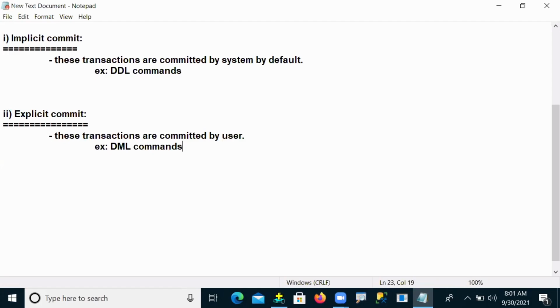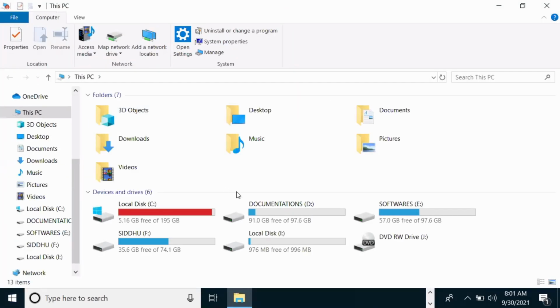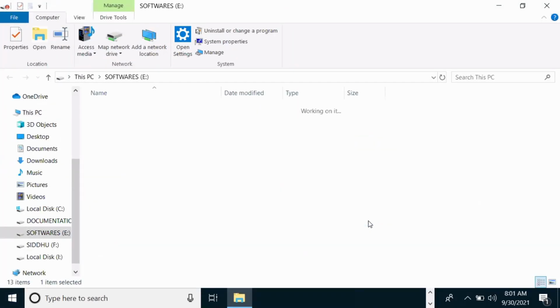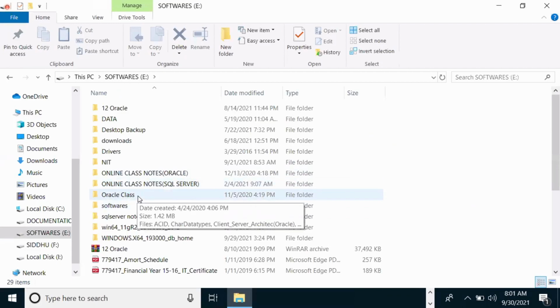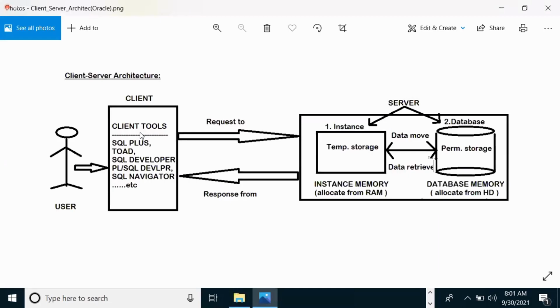So can you remember, guys, in my early classes we discussed the client server architecture. I also explained a complete diagram. In this diagram, we clearly said instance memory and database memory.